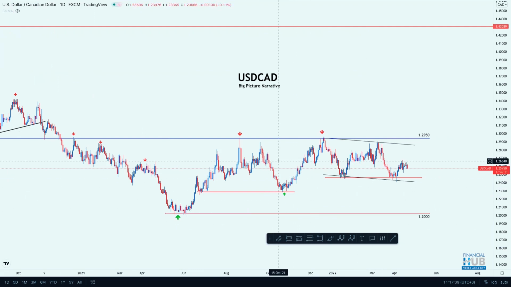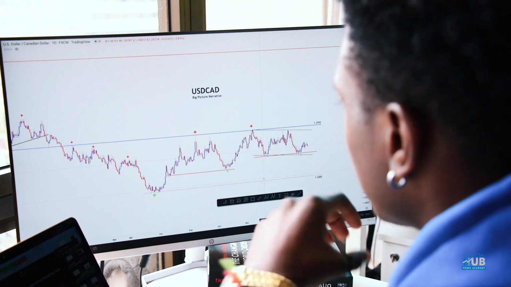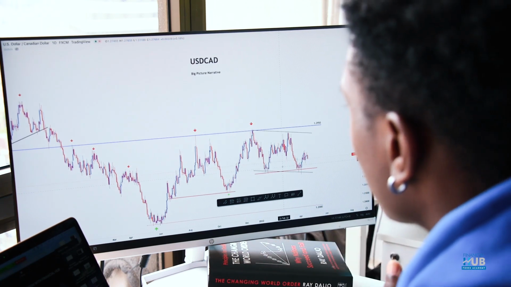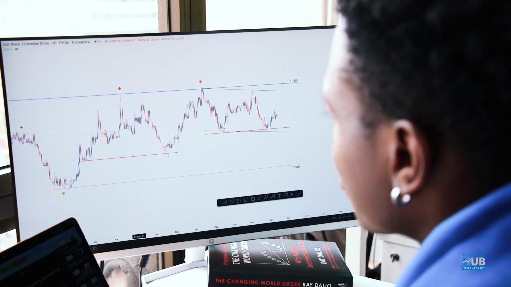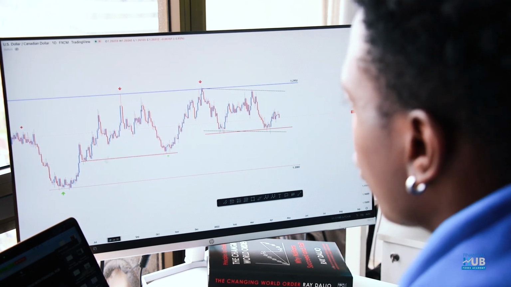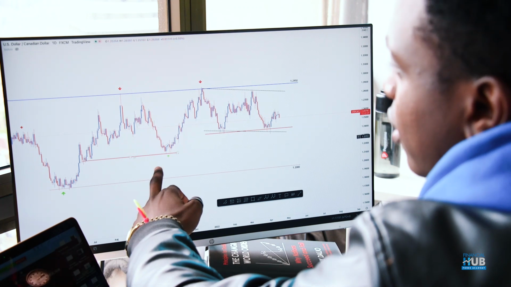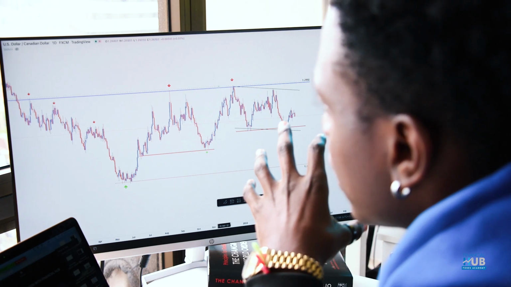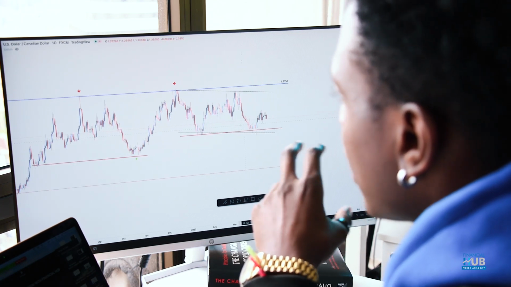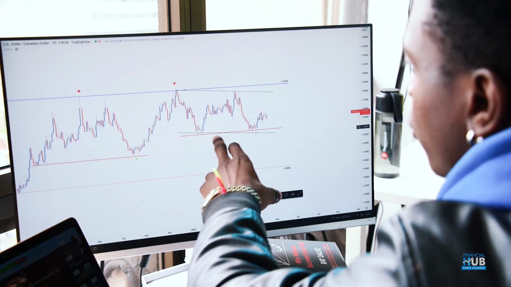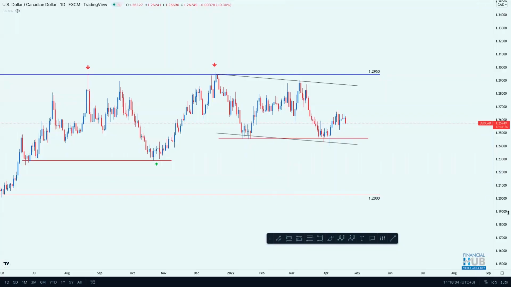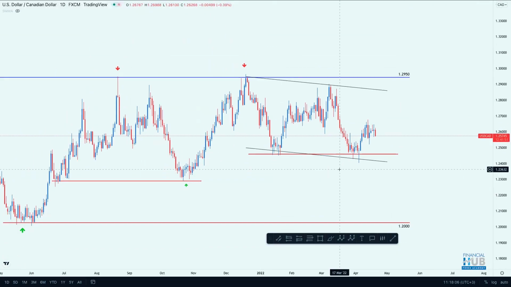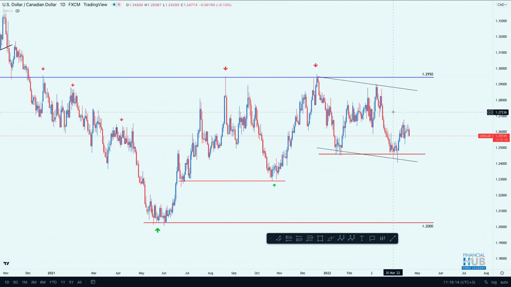So the market is just getting buys and sells, a tug of war fight, so we want to pay attention to what is happening. You can see I've plotted my support levels. We got a double bottom around this level, then the market rallied up, didn't really create a new high, rejected that previous high, and dropped. The same thing happened yet again, and we got another double bottom formation over here. So that's what I'm paying attention to right now. Can this level be a good support level to push the market at least to break the 1.295 resistance level? That's the big question I'm watching for.